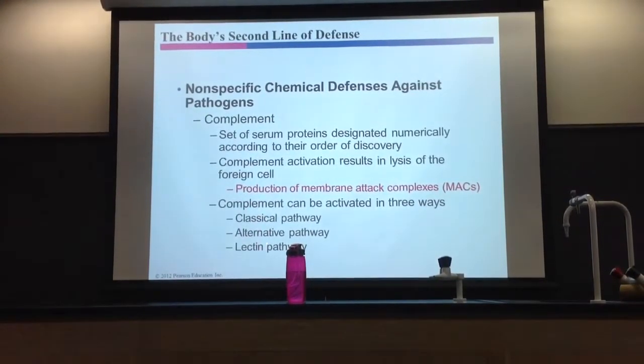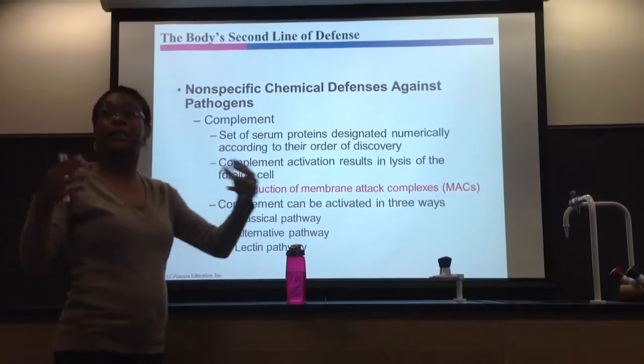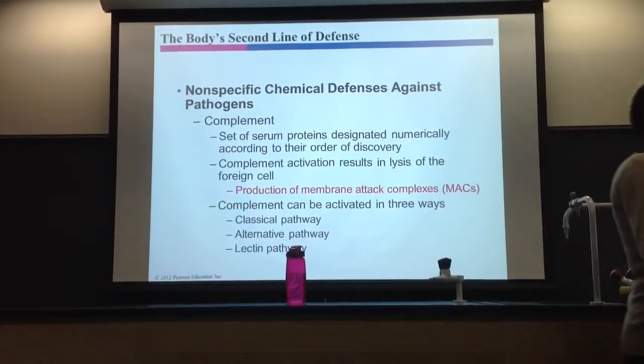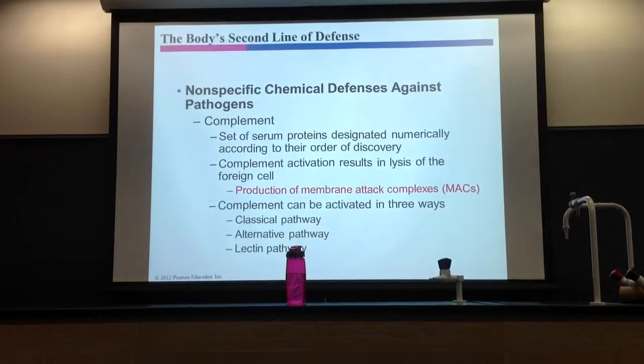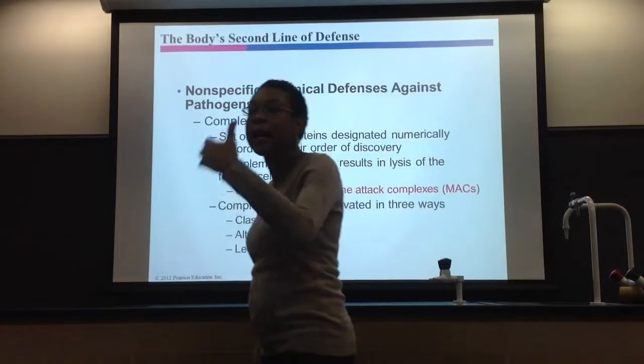And there's 3 ways to activate this complement process. The classical pathway is activated when there's antibodies present on your invader. When you have an antibody literally attached to your invader, you trigger the classical pathway. But keep in mind, they all have the same result, okay? They all end up with making a MAC attack. The alternative pathway binds to parts of the invader, so anything like LPS, for example, or an endotoxin. These are things on your pathogen, they bind to that, but the result is still the same, MAC attack.